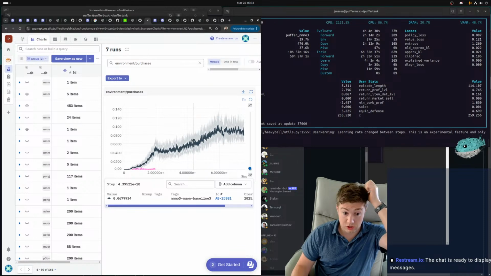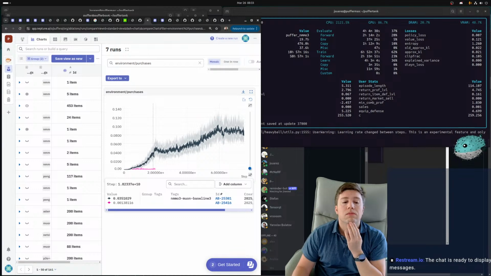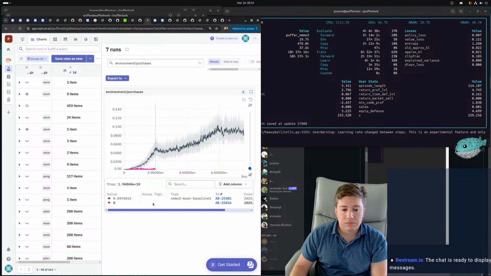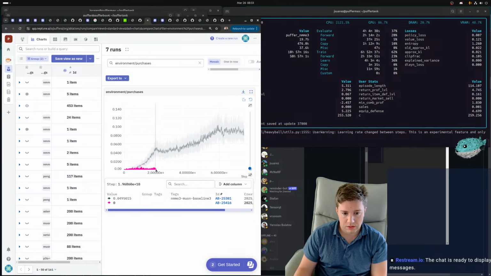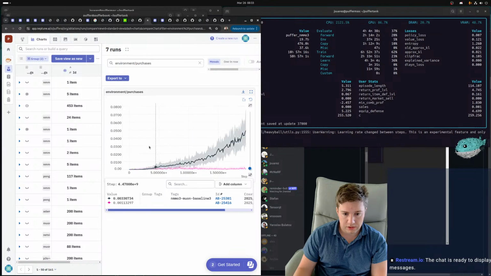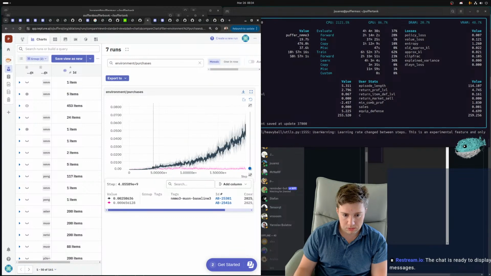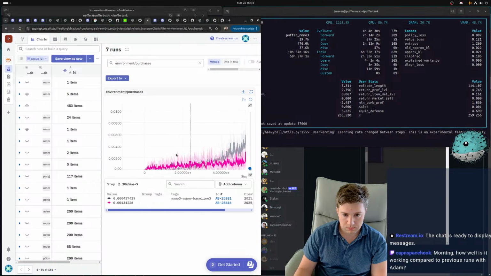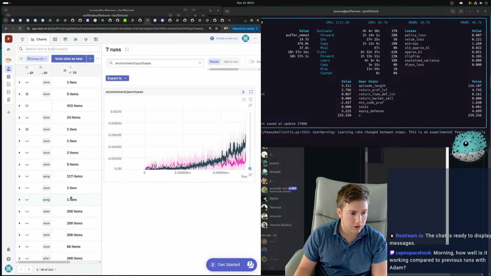So, I mean, this thing is working. I would really like to understand, though, what is going on with this discrepancy right here, right? How is it working compared with previous?